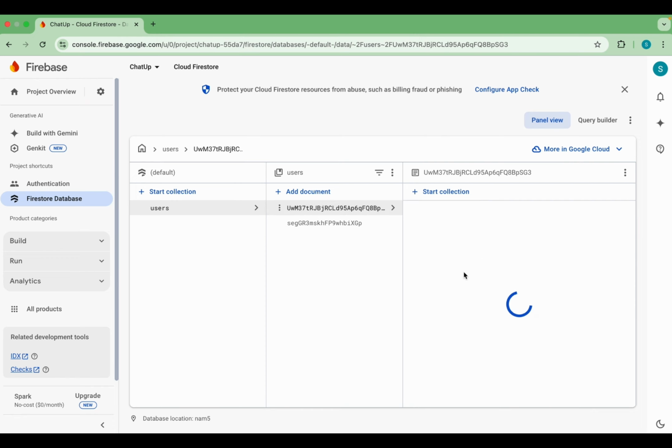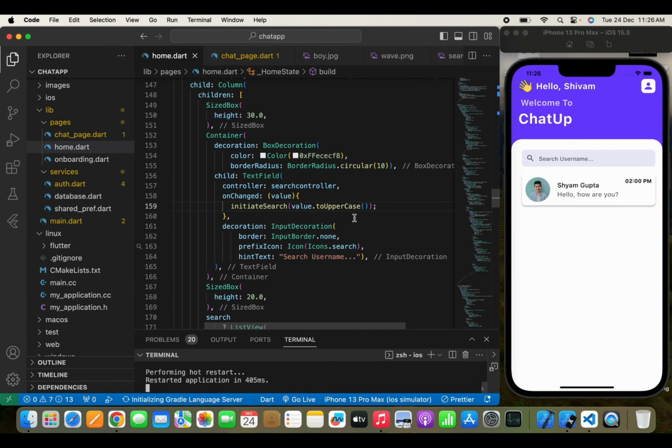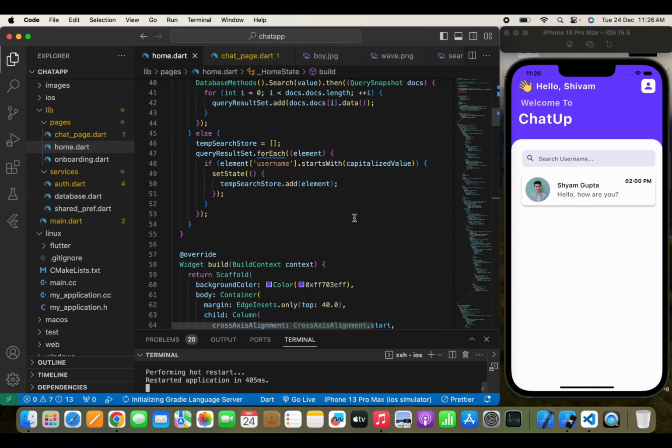So this is my ID, Shivam21, and this is the Ayush ID through which I can have a chat. Now here in the chat app, we have also added a search option, an execution for our search